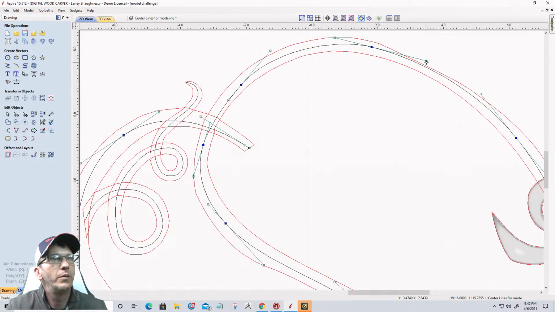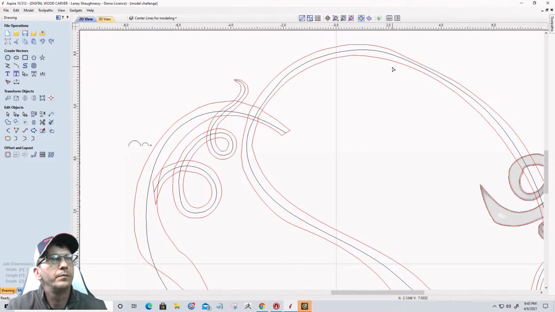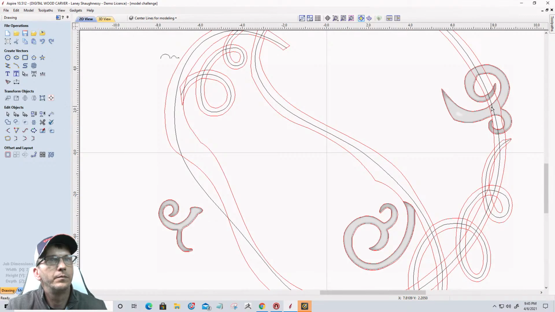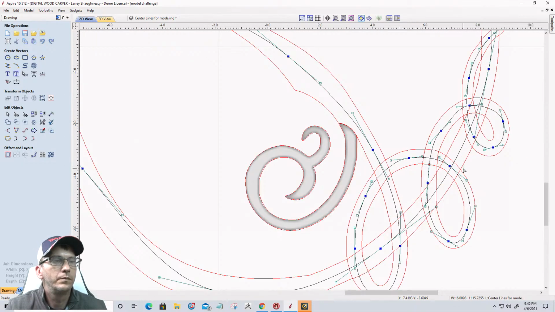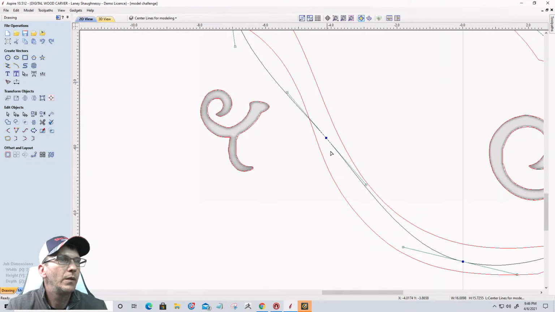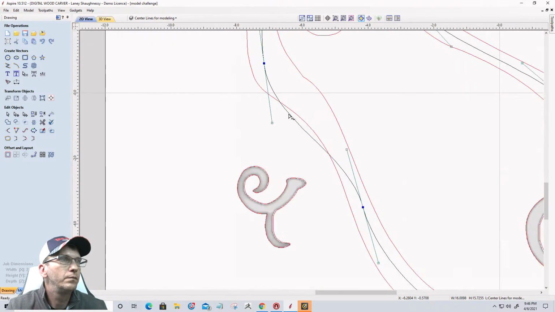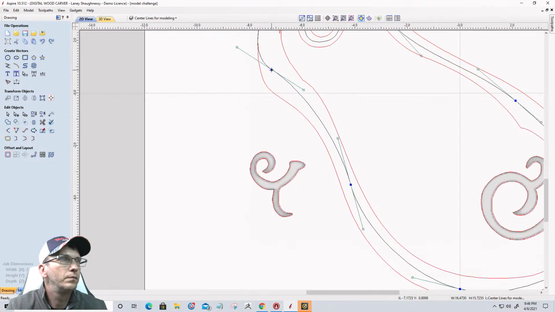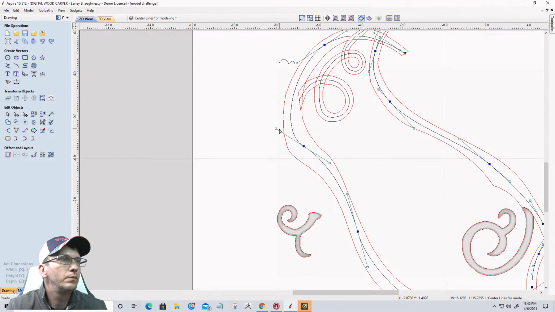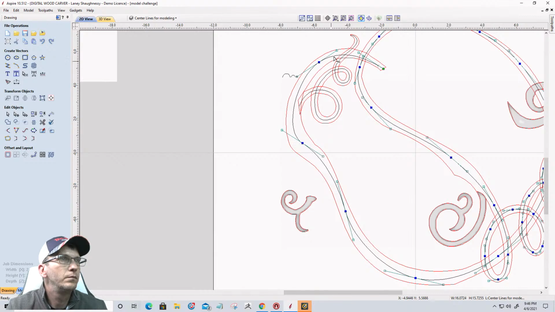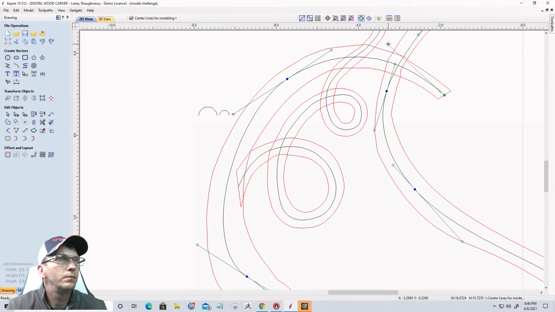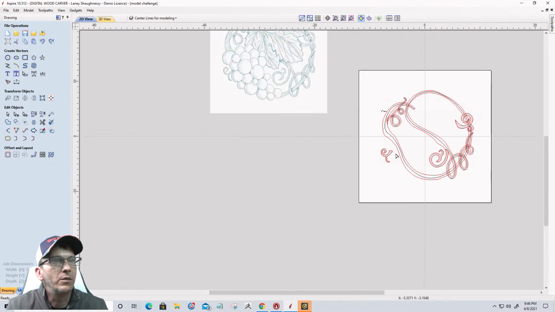And coming around this corner, I'm going to insert another point. Okay, so now that I have that path,